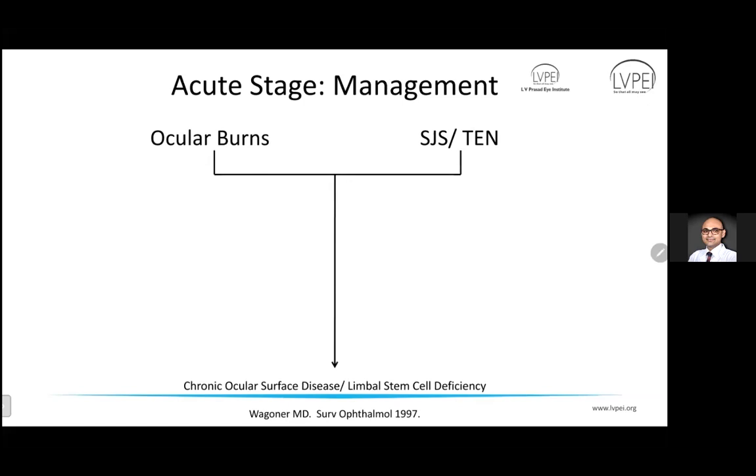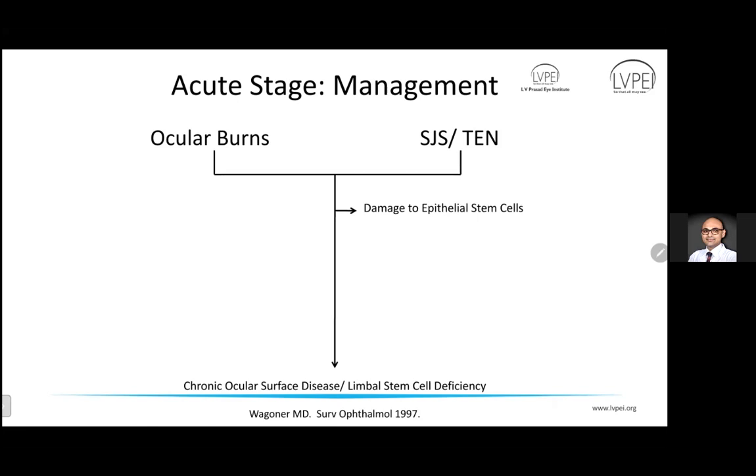What happens in these conditions is that there are several changes, or pathological events, happening on the ocular surface that lead to these sequelae. And if you understand what these changes are, then you can understand what needs to be done to prevent each of these changes. So the most important